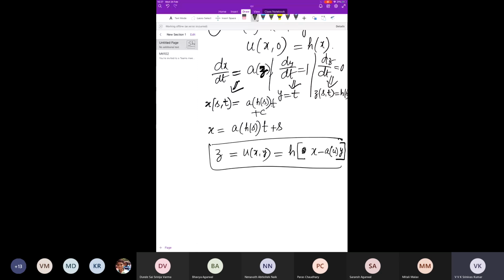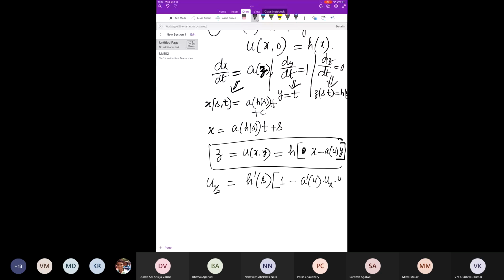Now, singularity. How to check the singularity? Now just do the differentiation with respect to x. This is 1 minus a prime u times ux times y. Okay, so from here, if you bring this ux,